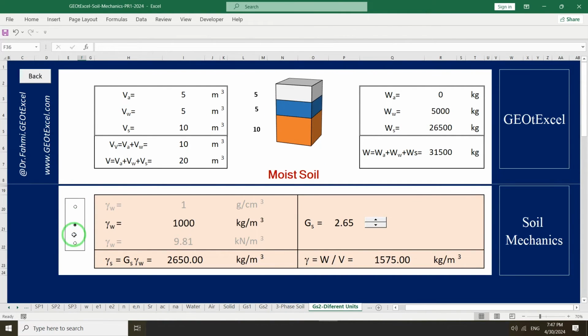For different units, gamma S, total gamma,